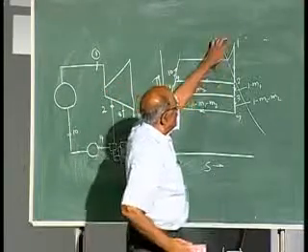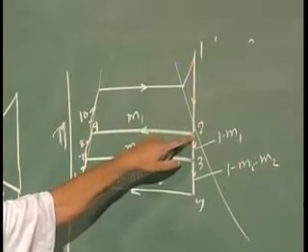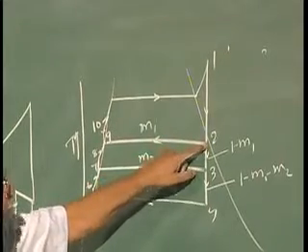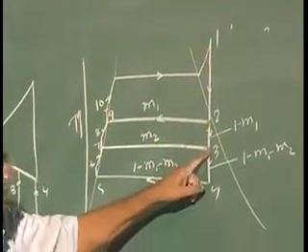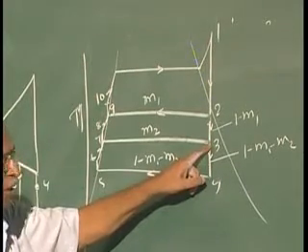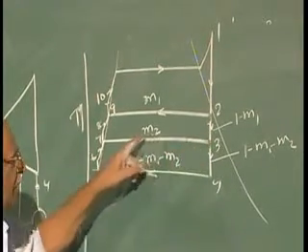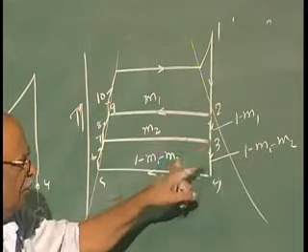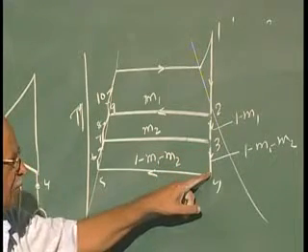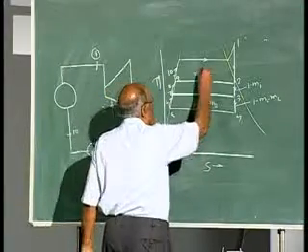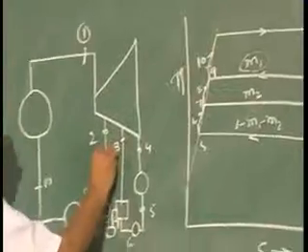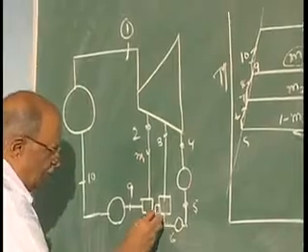1 kg of steam is expanding from 1 to 2. At point 2, a small fraction is taken out and the remaining 1 minus m1 kg expands down to the second stage, and at 3 again m2 kg is being taken out and the rest of the steam expands to the lowest stage. Now, this m1 mixes with water coming from this side